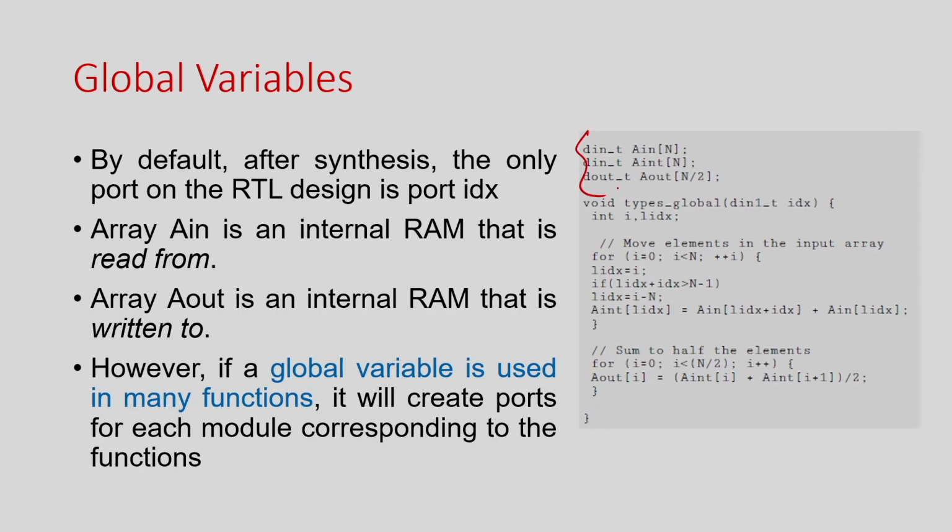So, it will create a lot of ports, right. By default, at least in Vivado HLS, they analyze what functions are going to use the variable, and if it is only local to a function, it basically moves that global variable to be local to that function, right. For example, in this example you have 3 global variables here: a_in, a_int and a_out. And this is the only function where they are getting used, and you see here that I am computing a_int using a_in, then I am computing a_out using a_int, right. But this is within this function.